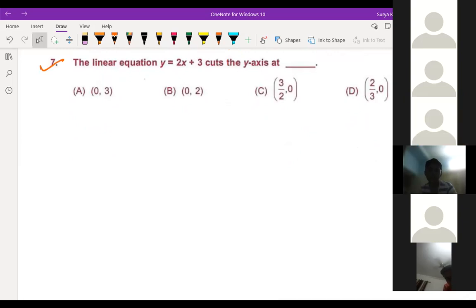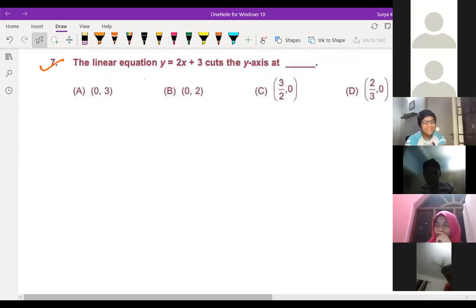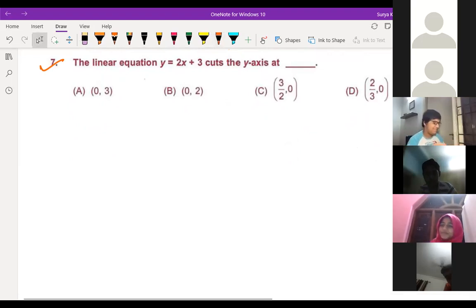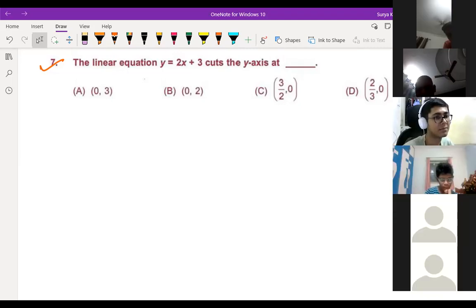Nihar, nowadays you are switching off your camera. Why? Do you want to hide something? No, sir. Nothing is there. There is a trophy, and a photo frame with something written on it. That's of my father. Okay, Sai Ritvik is on. Shriyanvi, are you having a problem with your camera? Yeah, sir.